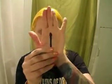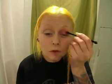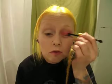So we're going to go in with the red. I'm going to do on this eye, on the red one, we've used the red eye primer called Daredevil, and I'm going to go over with a red eyeshadow on this one, and I'm going to use the sponge applicator for this one. So you're going to dab it in. Reflection. So you can see it's just a normal sponge applicator, and I've added the red Daredevil. Okay, I'm going to go in from the inside of the eye and work it in. Okay, nice and bright. Get a little bit more and just dab it into the eye primer. Okay, when you're about halfway across,